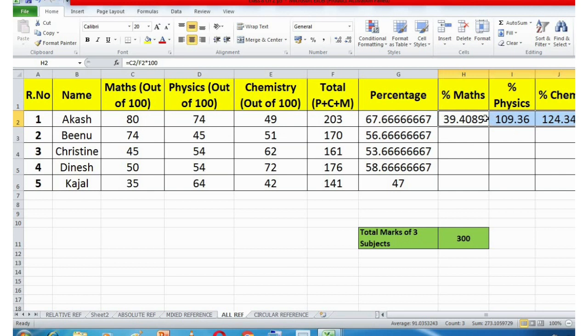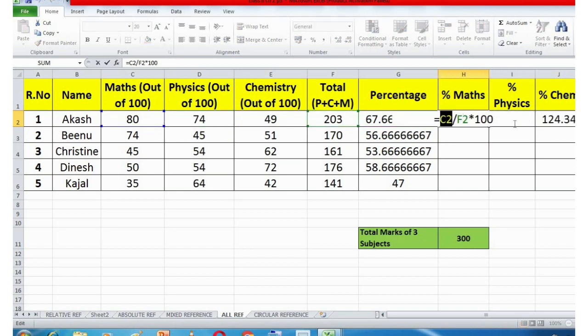So what has happened is that because of relative referencing, D2 is okay, because we want the marks of physics for percentage physics. This C2 from this formula is for maths.